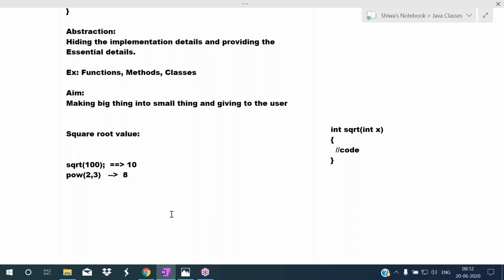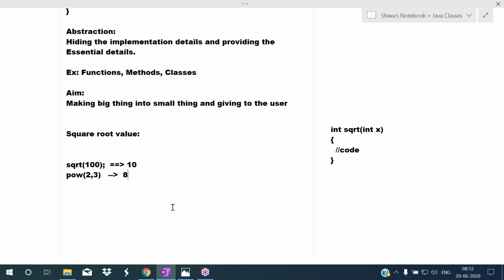Similarly, to use the TV we have no need to know the mechanism of the TV, just we have to know how to operate the remote control. To use the AC, we have no need to know the mechanism of the AC. Just we have to know how to operate the remote control. So essential things they are giving to us. Non-essential things are in hidden form, hidden internally.